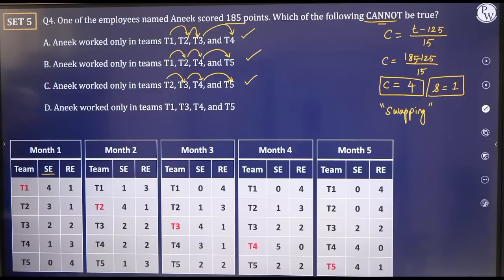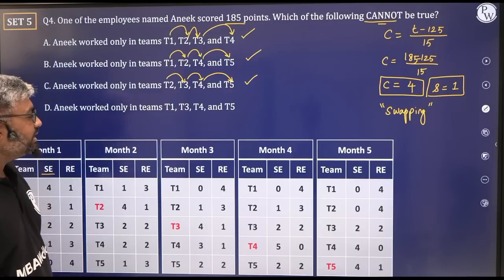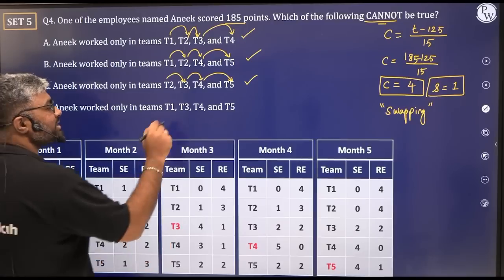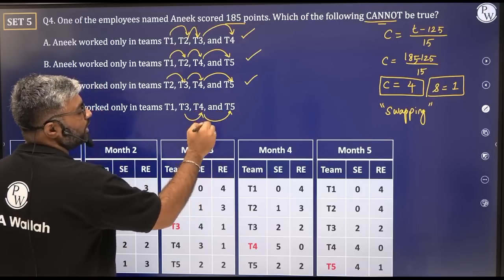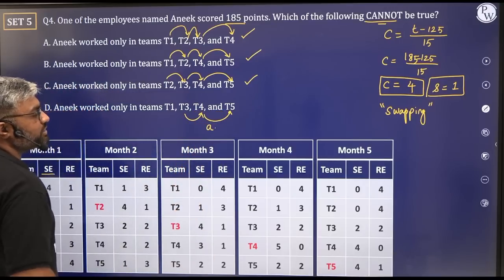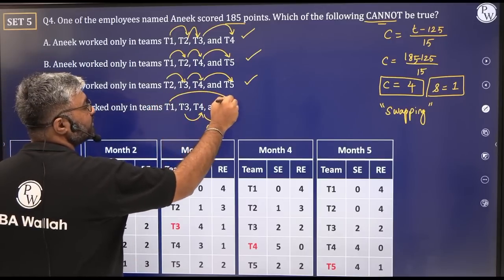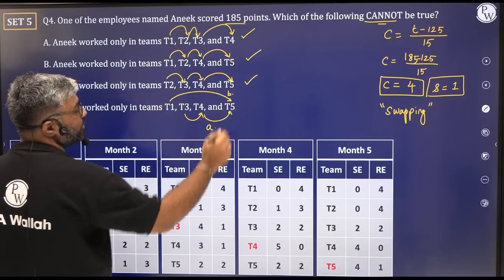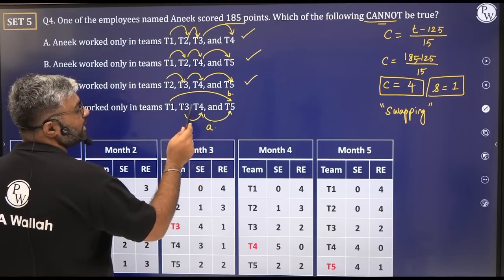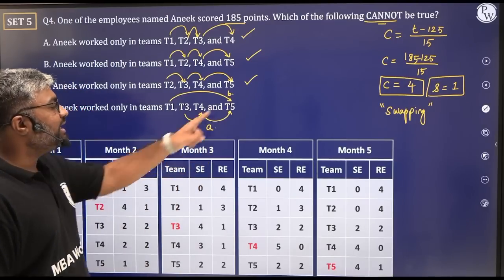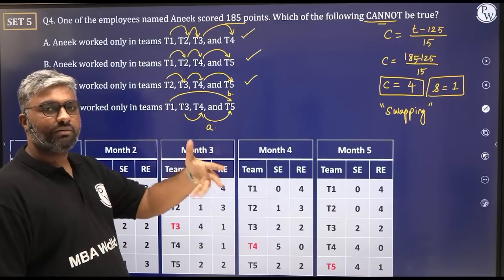From T1 to T3 directly is not possible, right? T1 to T3 is not possible. T3 to T4. So this is possible. T3 to T4, T4 to T5 is possible through your statement A. A में जो statement था उससे हो सकता है. We can have him go from T1 to T5 directly from statement B wala swapping. But then if he goes directly from T1 to T5, then he couldn't have worked in T3 and T4. क्योंकि T5 से हम T4 में कुछ नहीं भेज रहे, T5 से हम T3 में कुछ भी नहीं भेज रहे. It's the other way around.